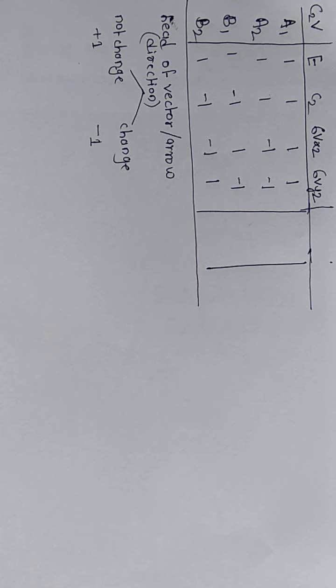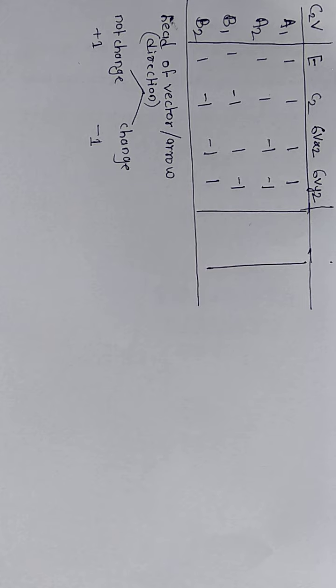Hello student, today we discuss how to derive the third and fourth column of the character table. In the last two videos we saw how to derive the first and second column, that is the characters and the Mulliken symbol. Now we see the third and fourth column. The third column represents the Cartesian coordinates or rotation axis corresponding to the irreducible representation, and the fourth column represents the square of that Cartesian coordinate or the binary product of those Cartesian coordinates.